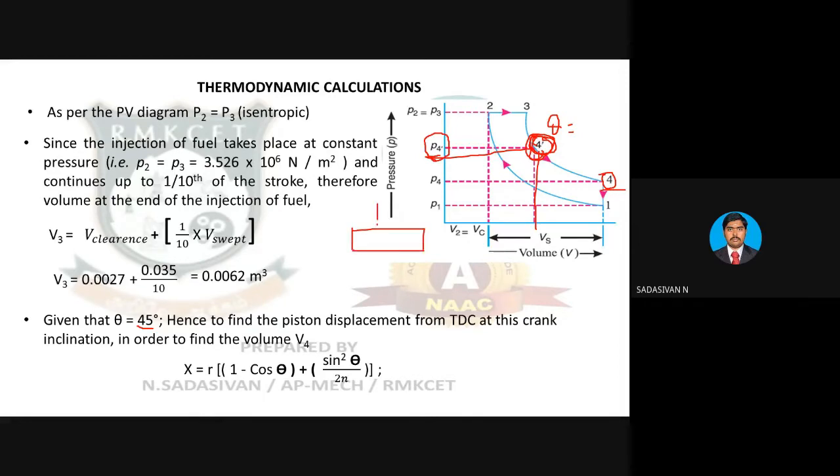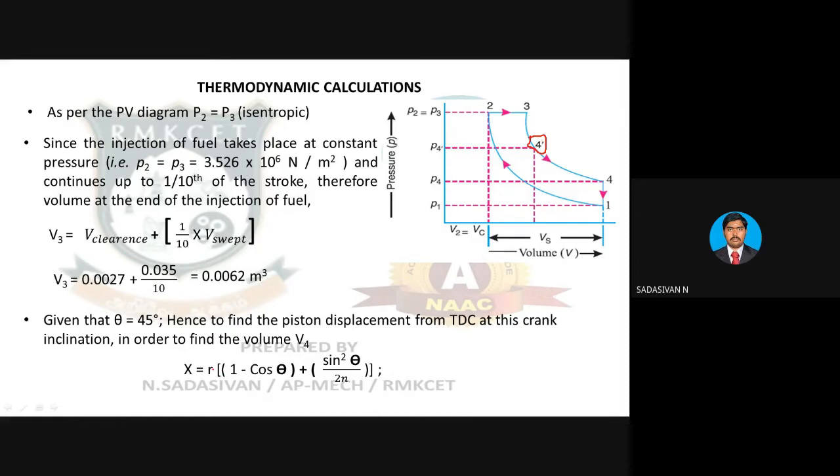So how will you find the load on the piston? This is P, the opposing pressure, P4 dash. So at this particular point, when theta equals 45 degree, I am going to solve for P4 dash. If I find P4 dash, that is my reverse pressure. P1, the suction pressure, is given, and P4 is the reverse pressure. If I find the reverse pressure, then I can directly solve for the load on the piston.